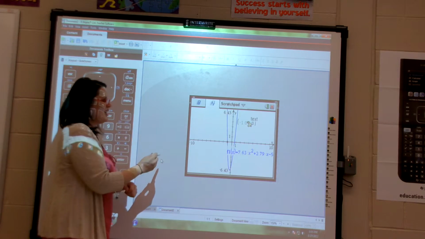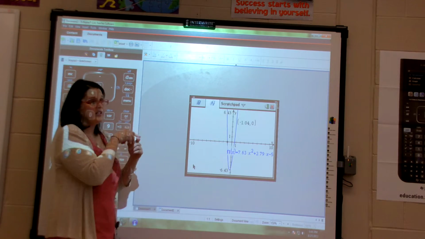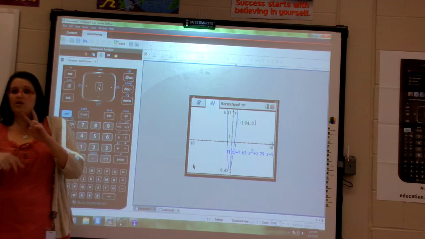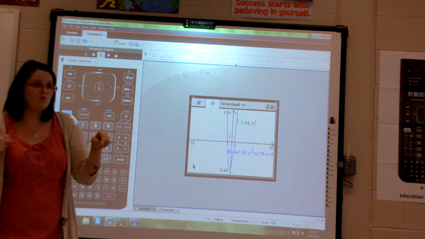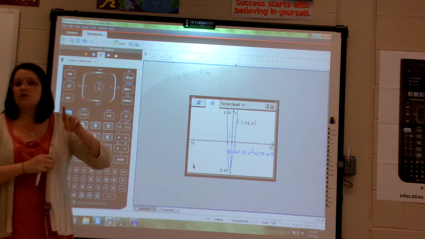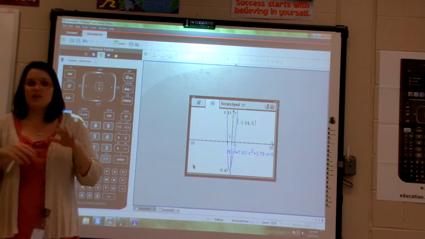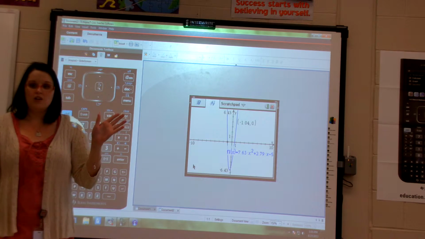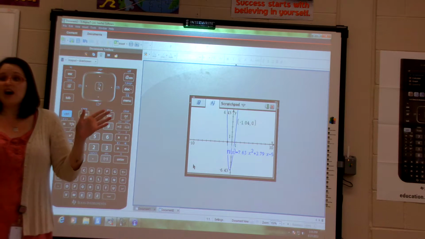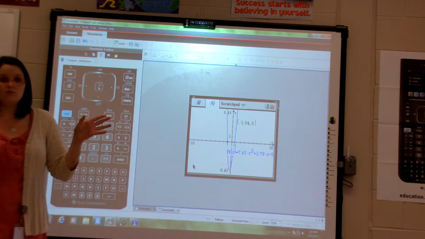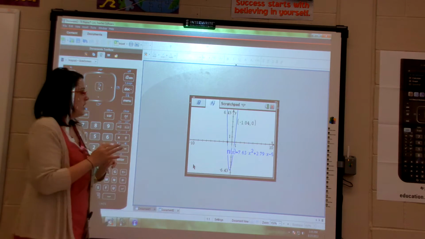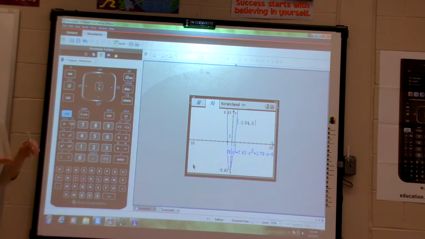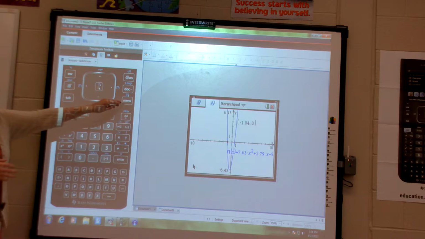Because that's my 0, but I don't want 2 decimal places. Some of those calculators we fixed this morning, some did not stay fixed. So I'm going to fix everyone. We want way more decimals than that. So if you have a lot, that's what you should have. Okay, cool. So yours is one that got fixed this morning. But if yours is not one, if you only see a couple decimals like I do, menu,